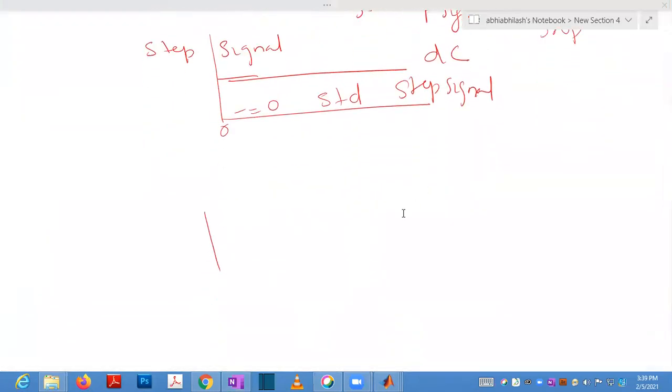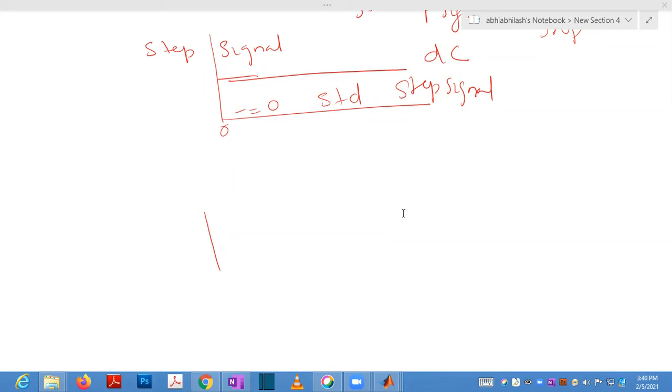So there are some other standard signals you will study later. And so if you are closing a 10 volt DC signal, is that a standard step signal or not? That would be a step signal with a scalar factor of 10. The scalar multiplication of 10 will be there. So the response also will be changing. So standard step signal means the value is 1 for t greater than 0. That is called a standard step signal.